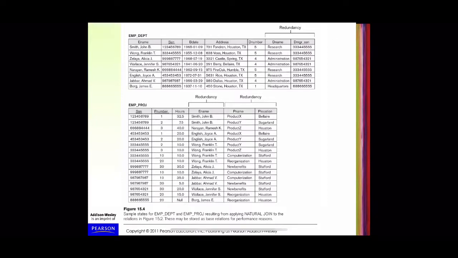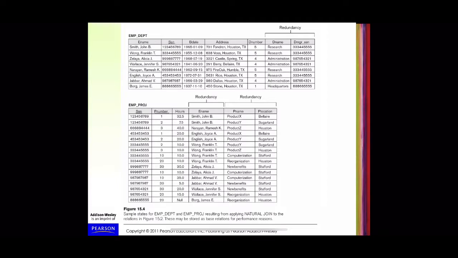Like that for department 4, 3 employees are there. For all those employees, the same information pertaining to this department is stored in the table. Okay, so these are redundant information, right? We need not store all that information. We can keep it as a separate table, a separate relation. Only the department number needs to be kept in the employee table. For the employee project also, a lot of information is redundant here. So these two relations violate guideline 2.